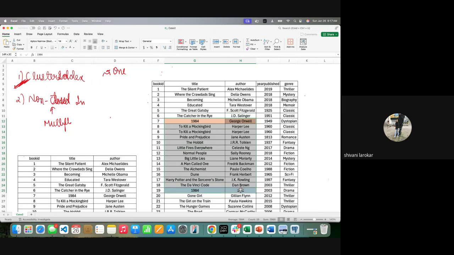So now if you try to insert any row with 1984, it will let you enter, provided that its author is not the same. It should be different, then only it will let me insert that. So it is an alternative to the primary key. If we forget while creating the table, we can create the indexes. Just like we used to create a composite key while creating tables as well, right? That you can also do.